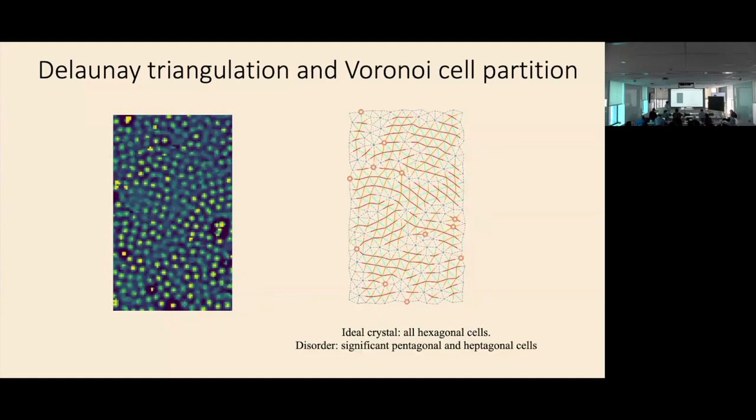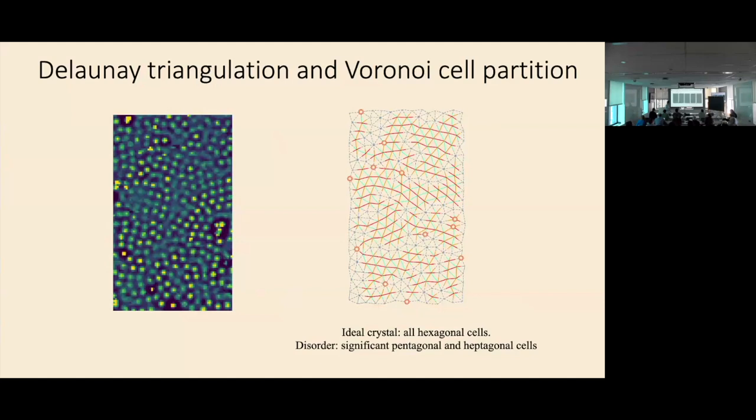But with this disorder, what we found is about 60% of the holes have 6 nearest neighbors, and about 40% of them have 5 or 7 nearest neighbors. So that means indeed the disorder is rather strong. These pentagon and heptagon cells are very